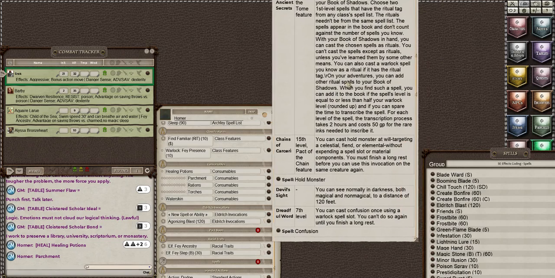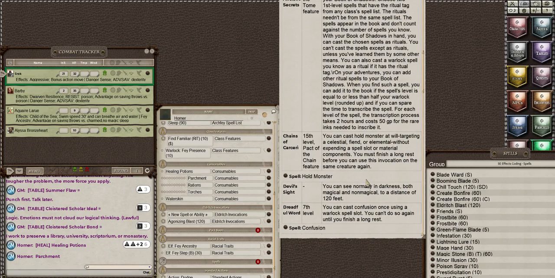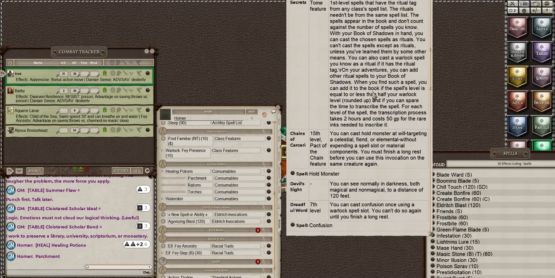Pact of the Chain. What is this? You can cast hold monster at will, targeting a celestial, fiend, or elemental without expending a spell slot or material components. You must finish a long rest before you can use this invocation on the same creature again. Okay. That seems a little...